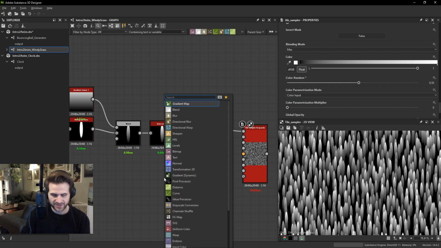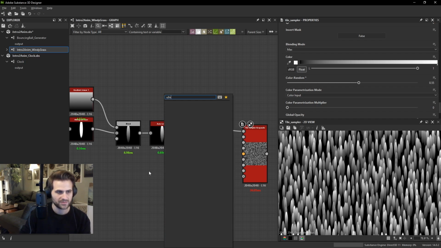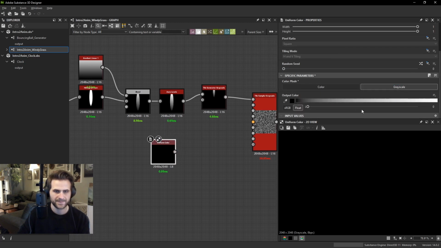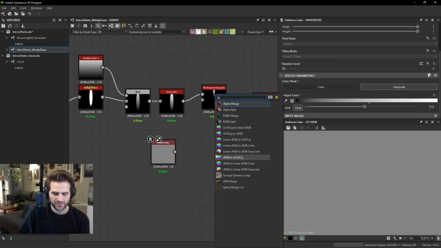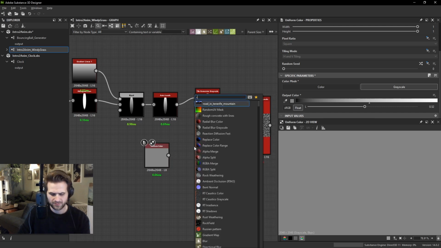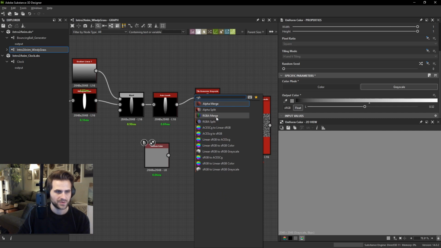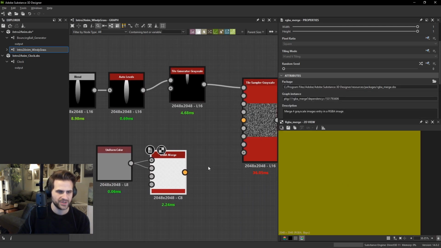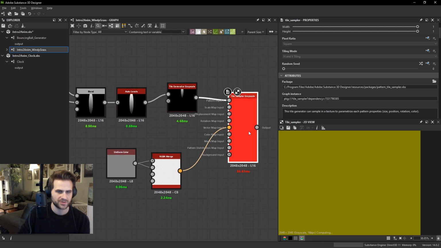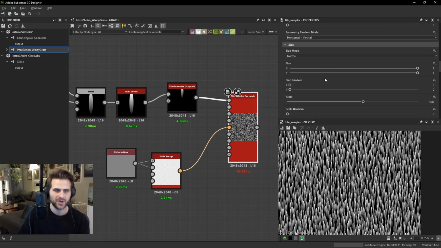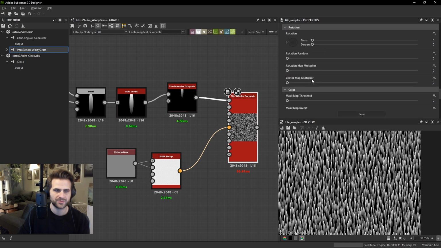But what this basically does is, let's take like a uniform color, for example, and we'll make a merge. We're going to put 0.5 into both red and green and plug that into vector map input. And you'll see if we go down to rotation and turn on our vector map multiplier,